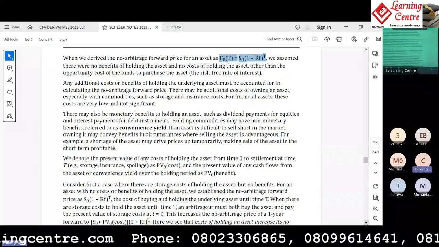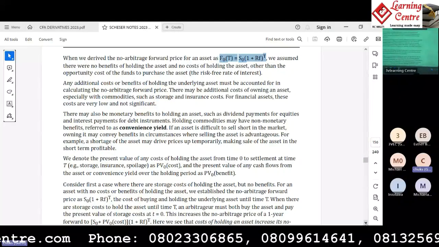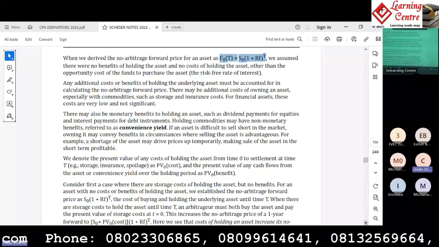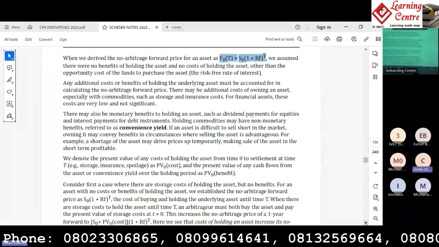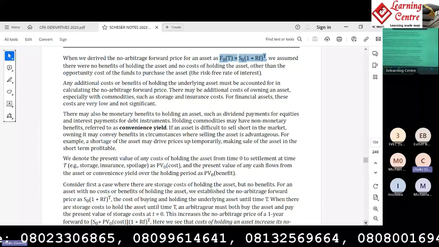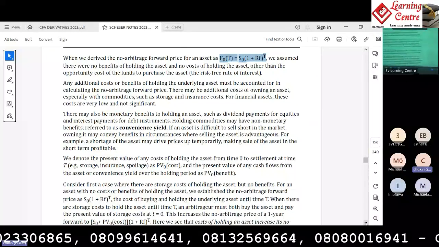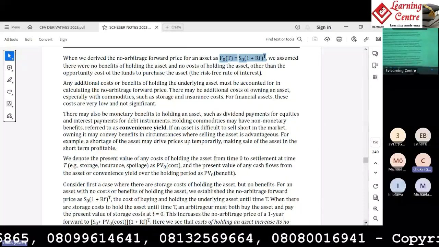Do you get? Because I'm going to enjoy benefits from that asset, I'm willing to reduce the price I will sell it in the future. Then let's flip it the other way. Let's assume that I have that